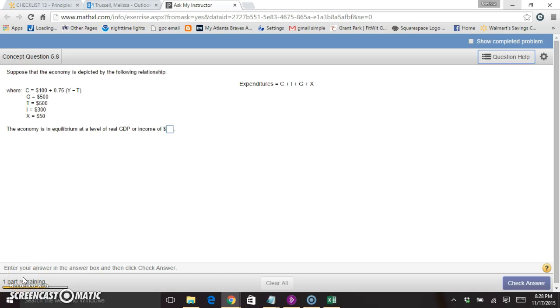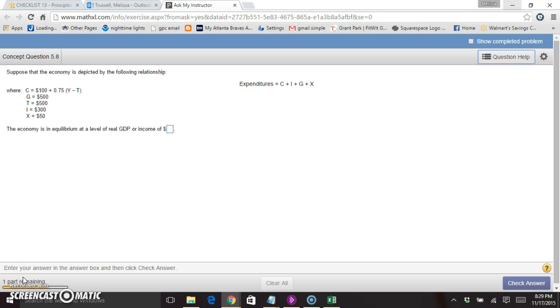This is a problem from the study plan, concept question 5.8, and it deals with GDP and finding the equilibrium level of GDP for a particular economy. So we're given some numbers for our consumption, government spending, investment, net exports,